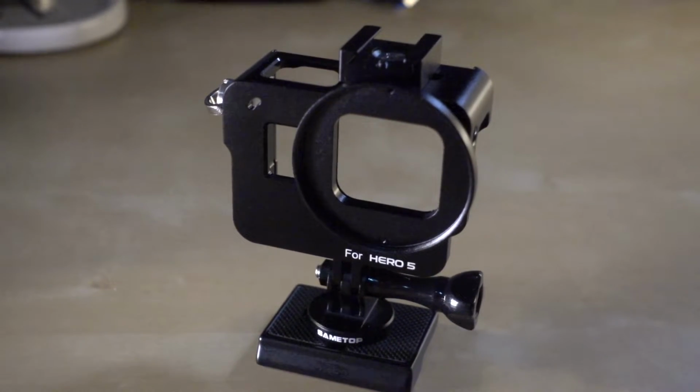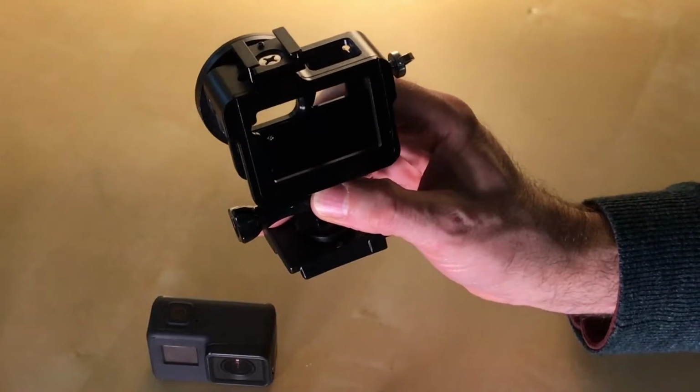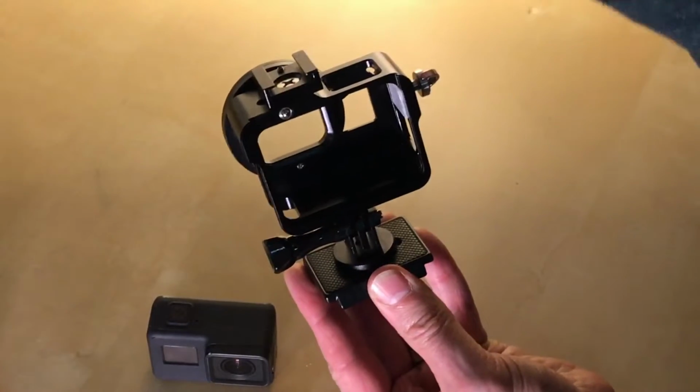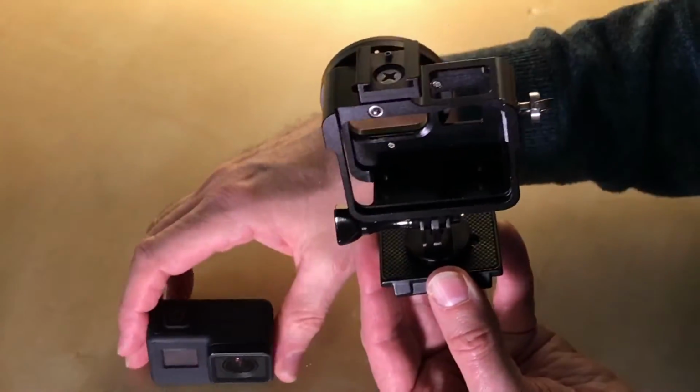So the first thing I needed to do was protect this thing anyway, and so what I decided to do was to buy an external cage, a robust external cage with some mounting points on it. So I've bought this one. And this one comes with a rear cover that just slides on and off. And that's why I just put this in there. Look,